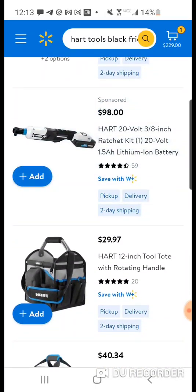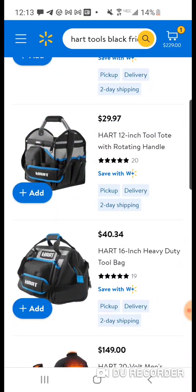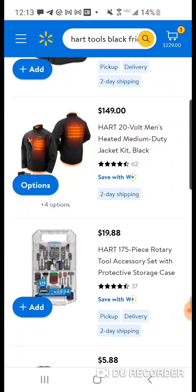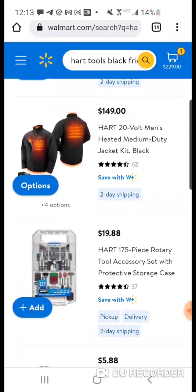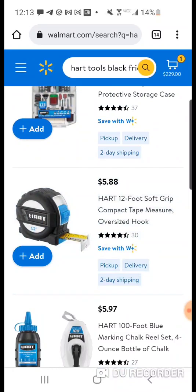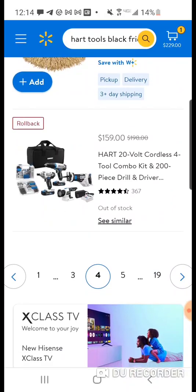Here's their 3/8 ratchet kit with the battery for $98. Again, if you're using it just for oil changes, or working on the car every now and then, this might do the job. Here's a 12-inch tool tote with rotating handle, $30. Here's a heavy-duty tool bag. They also have the heated jackets. Again, you can get the Milwaukee for not much more. Here's their tapes. They have one tape measure that I really like. I don't know about this one, but